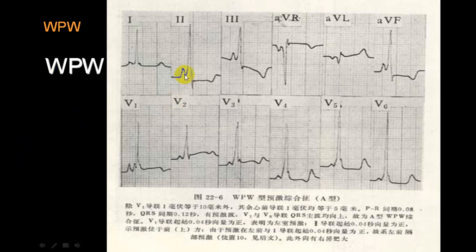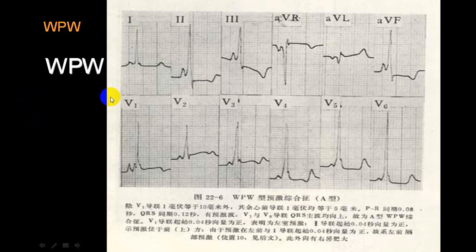Now in WPW syndrome, you will get a broad QRS. And if you get that in V1, but the PR interval is short, and on the ascending limb there is a notch, we call it a delta wave. This is WPW syndrome, or Wolff-Parkinson-White syndrome. This is because of the accessory bundle of Kent, which is commonly present in the left ventricle. So the impulse bypasses the AV node, and that gives rise to a short PR interval and a broad QRS complex. This is classical WPW syndrome, which can give rise to